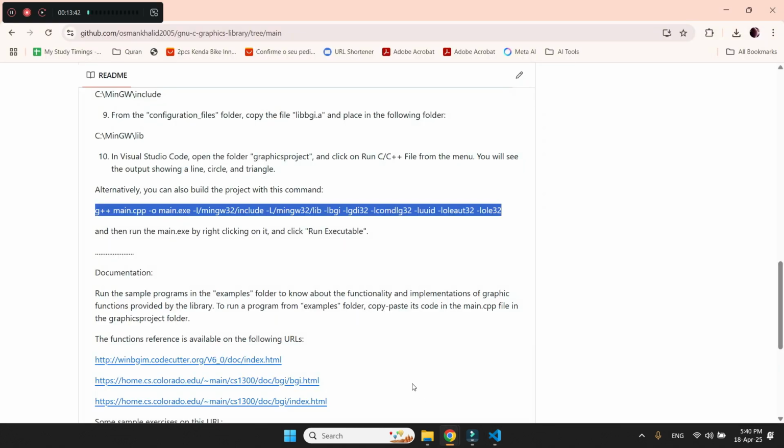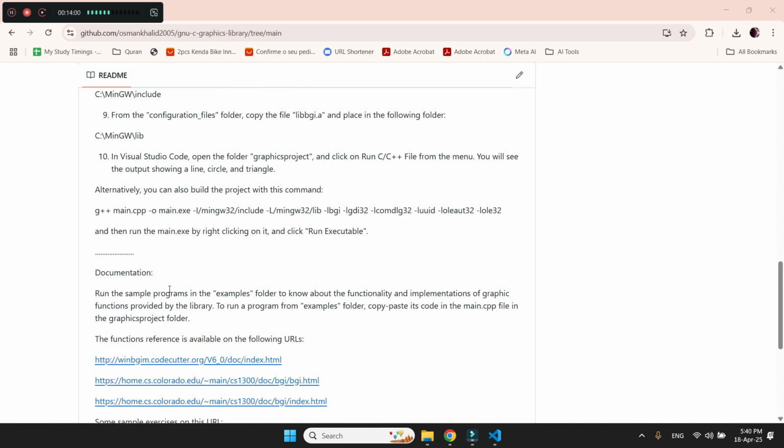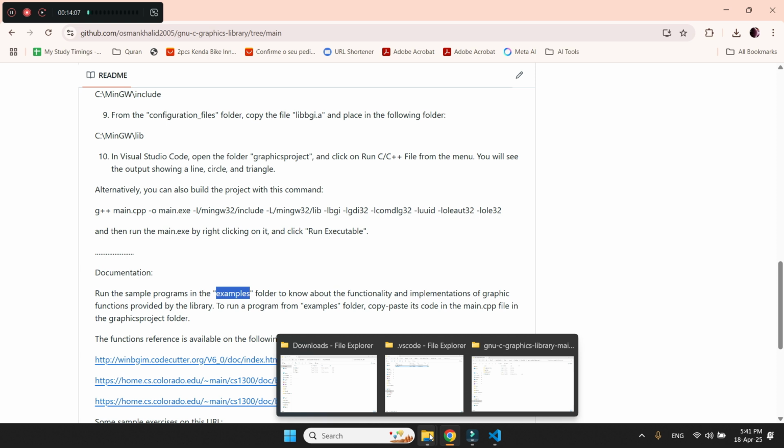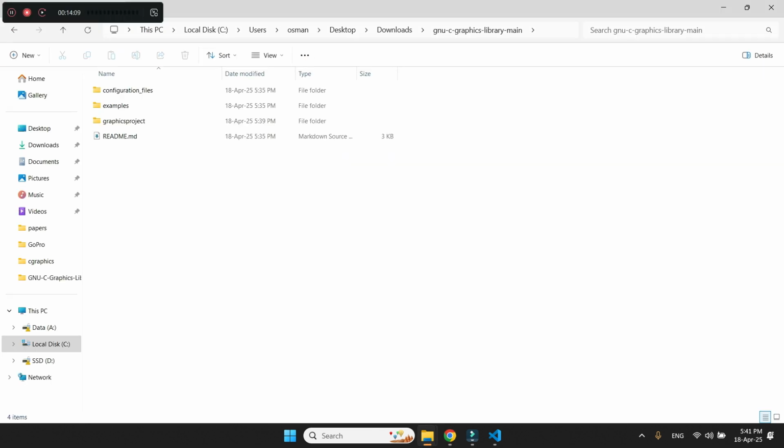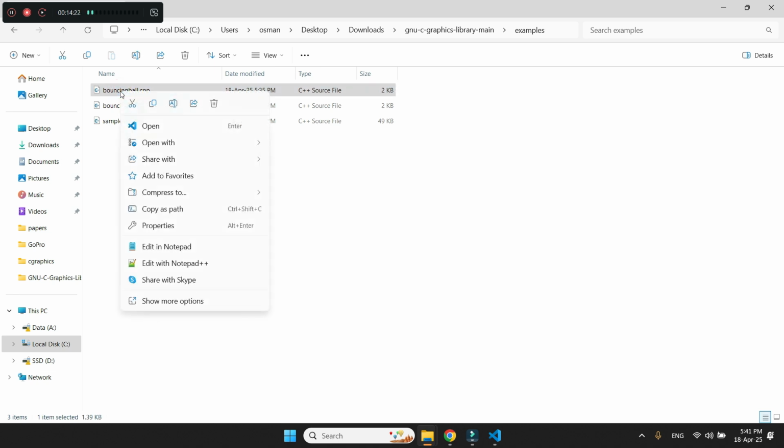So after that we have a folder named examples in the downloaded repository. We can see that this is a folder with these CPP files. So we can also test the code of these files. For example, if I want to run this bouncing ball example, I can open it